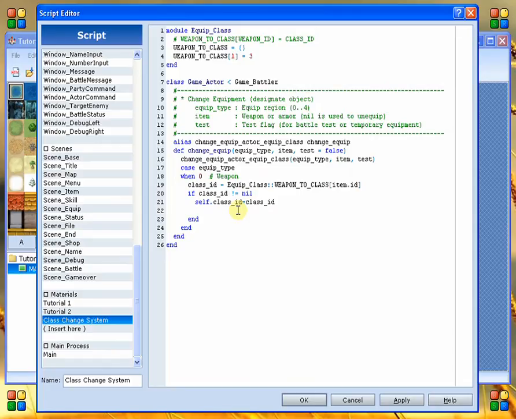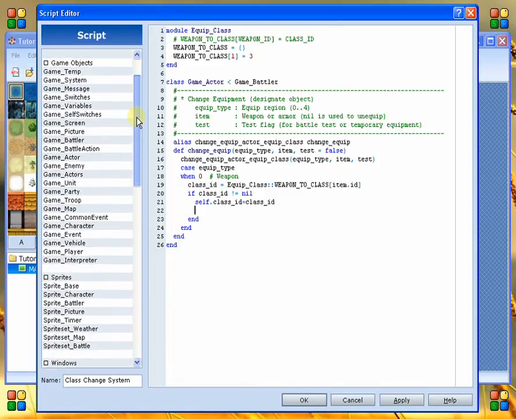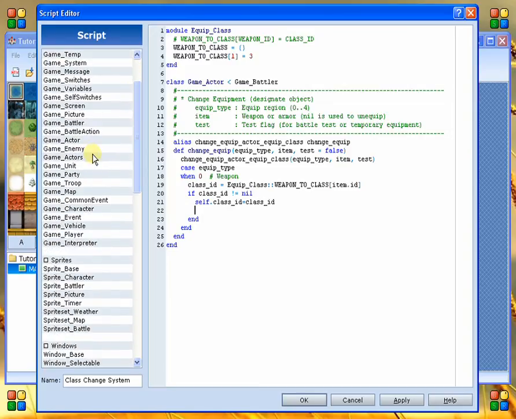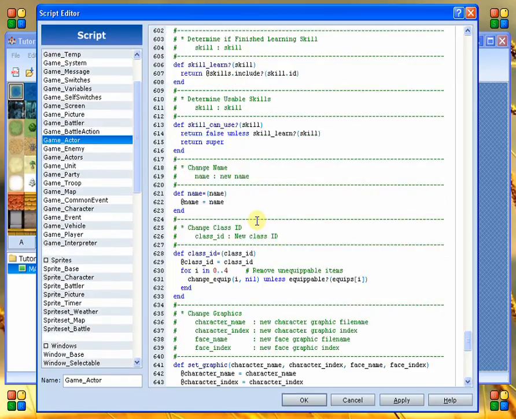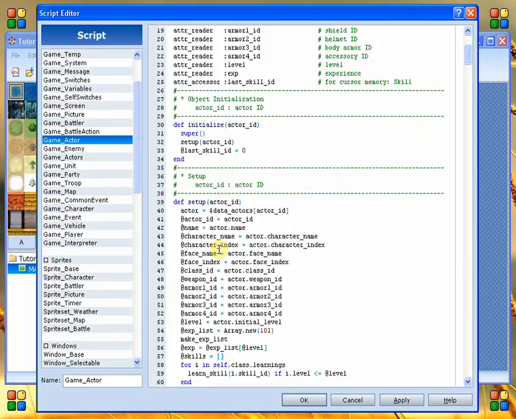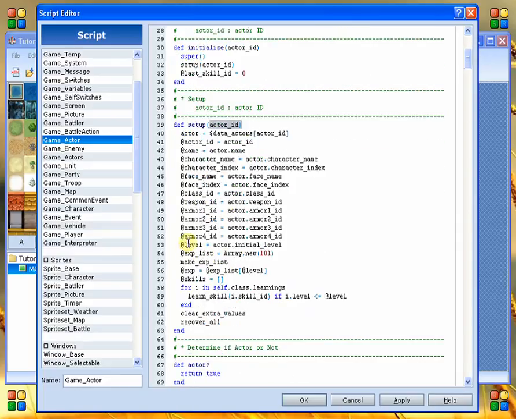So, as I was explaining, what we're looking for at this point is the ability to change the skills which the actor has. So we need to find out how to reset their skills. So we're going to go back up to the actor class here, Game_Actor, and look through its setup routines. Now, I realize that the class has already been initialized, but we're going to come back through it and say,